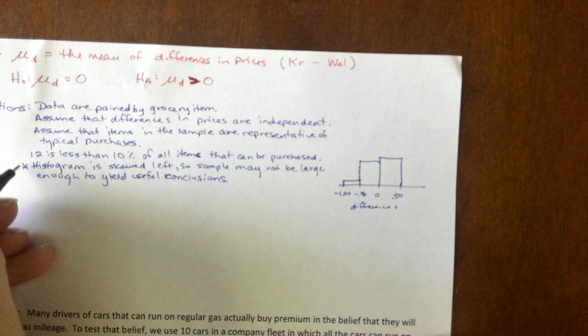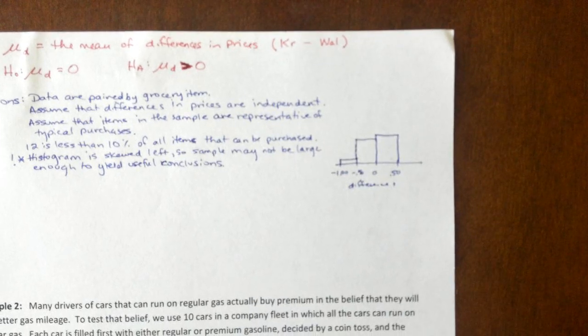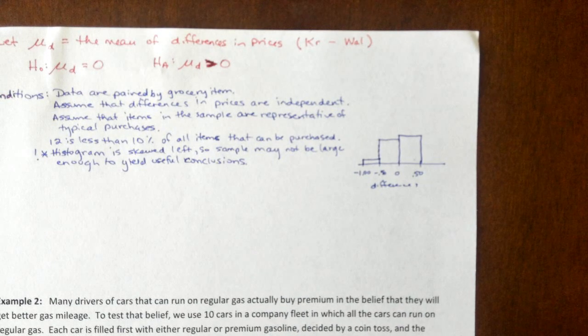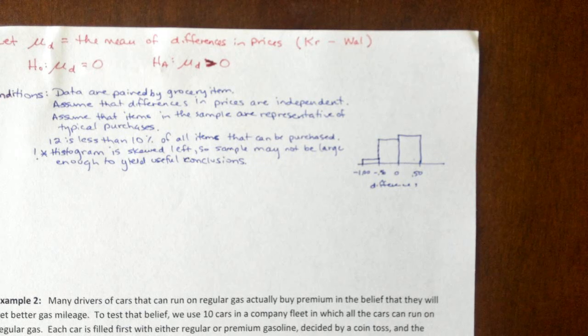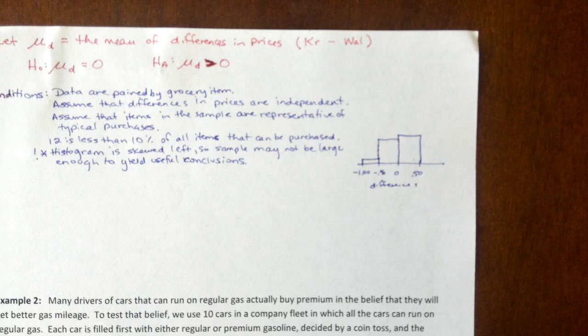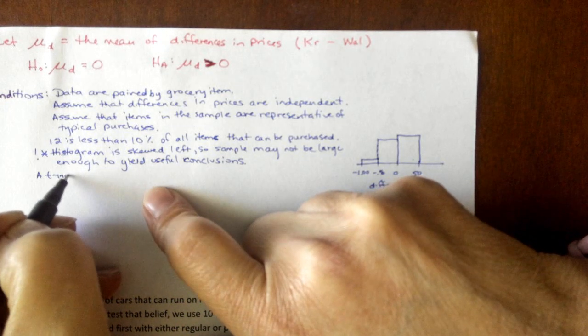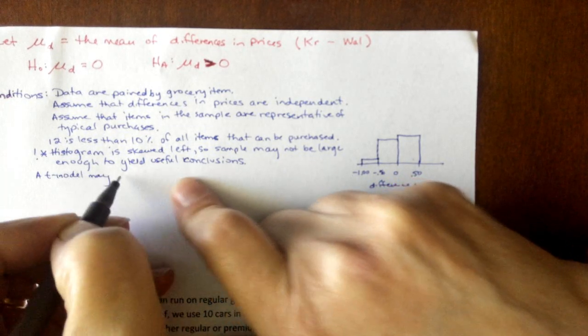So I've given a big warning right here that you know what, I can run a test, but the results might not be great. So I've given the warning, but I'm going to go ahead and finish the procedure, because on the AP exam, if they ask you to run a test, you're going to run the test. Even if the conditions aren't met, you're going to run the test so that you can show them that you know how. Although we're going to say a T model may be useful,